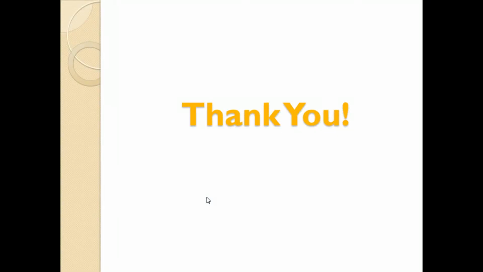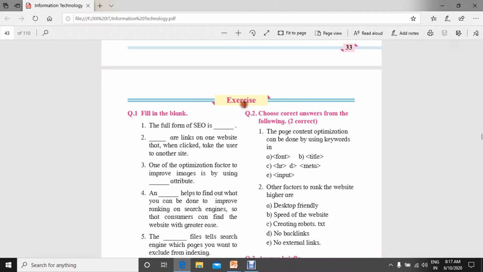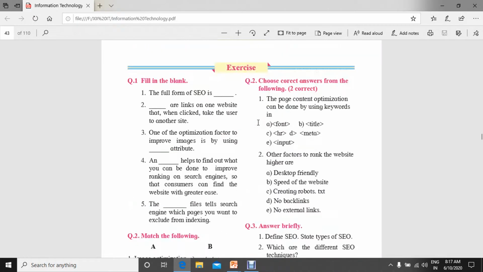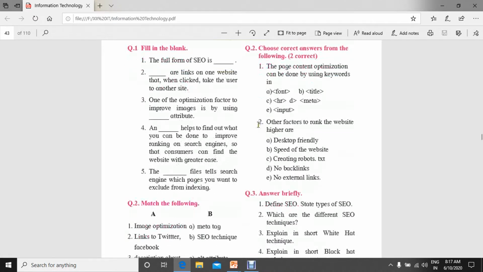Now we are moving to the next part of the content of this chapter, that is the exercise. So this is the exercise of chapter number 2, search engine optimization. Let's start with the fill in the blanks. Once you have gone through all the videos of chapter number 2, you will be able to answer these questions.